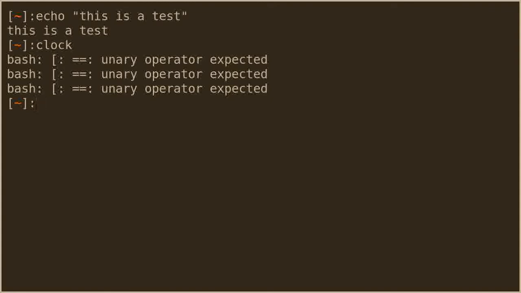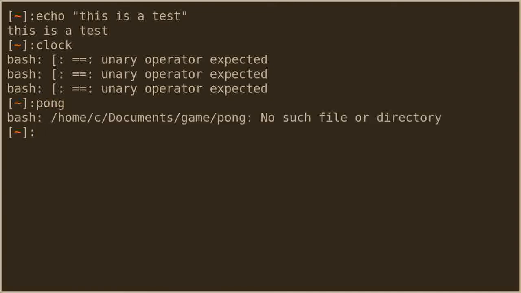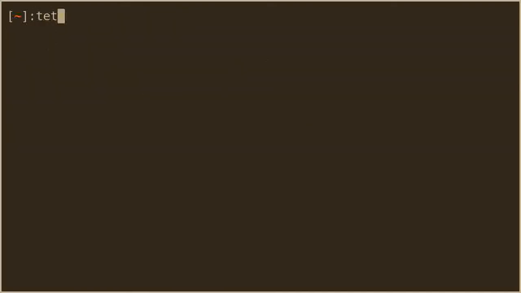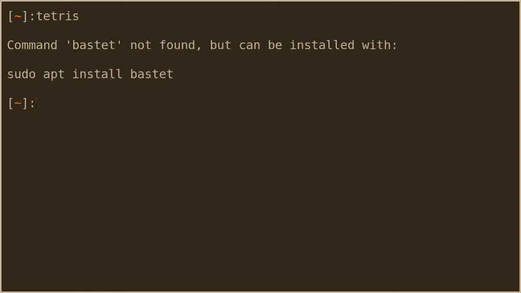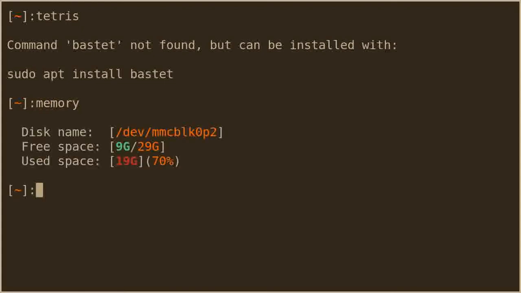So what else could I start? Let's say Pong, for example. Okay, it's not on this computer. Tetris, please. No, it's not installed on this computer. Sorry, it's a new computer. Not that new, but I haven't installed all my applications on it because I don't have enough memory. I only had 29 gigabytes of memory and I only have 9 gigabytes left. So I'm not gonna install all this crap just to demonstrate that you can cancel with